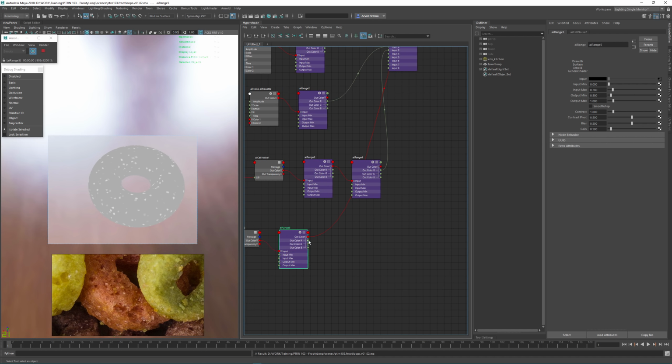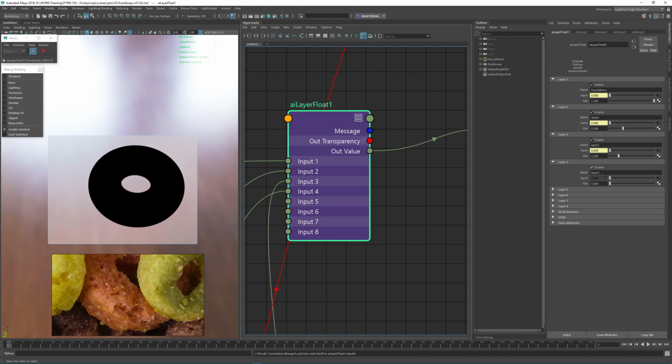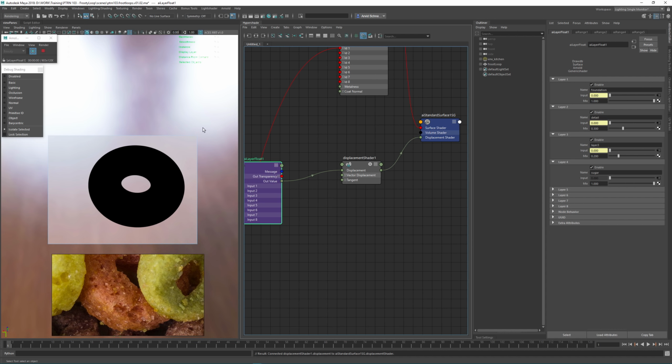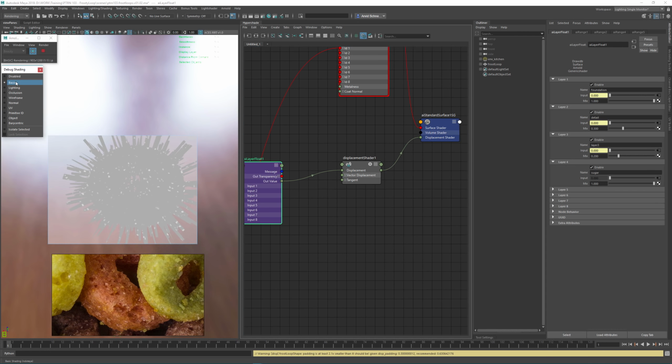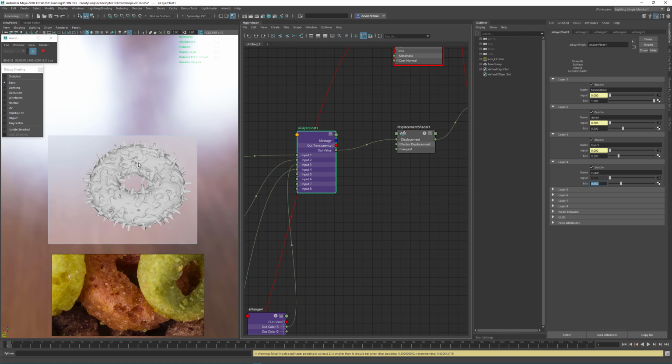So let's just connect the out R to my number 4 and call number 4 maybe sugar, and mix them in for now completely like this. Value of 1, hit save and reconnect the displacement, and there we go. We get like crazy sugar, which is correct. This is what I would expect. So now let's just reduce the mix a bit, maybe go down to 0.25, and you can see now we still get these little strong extrusions everywhere. So definitely too strong. So maybe 0.1, maybe even 0.05,